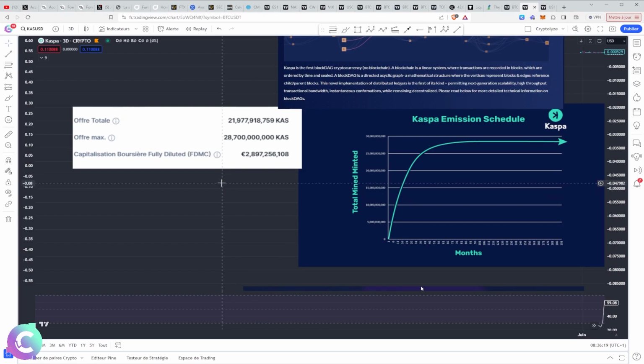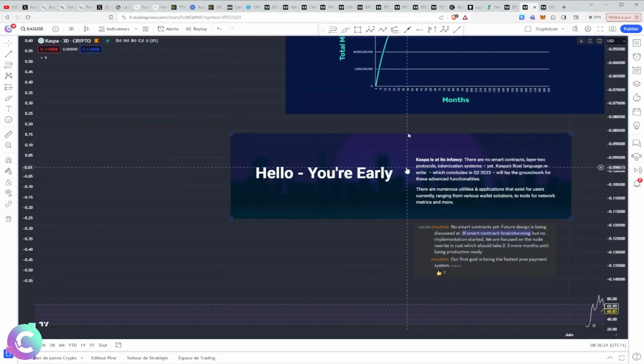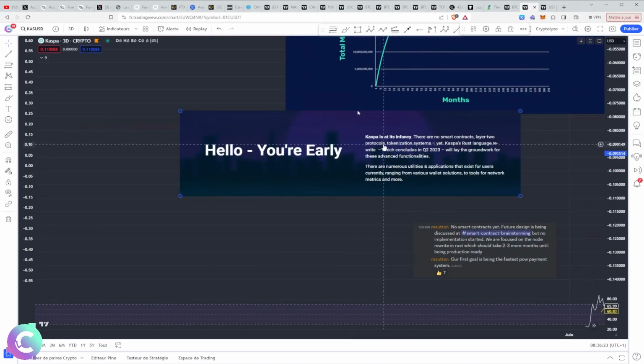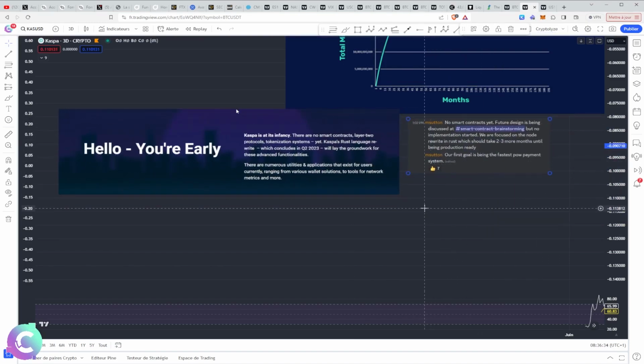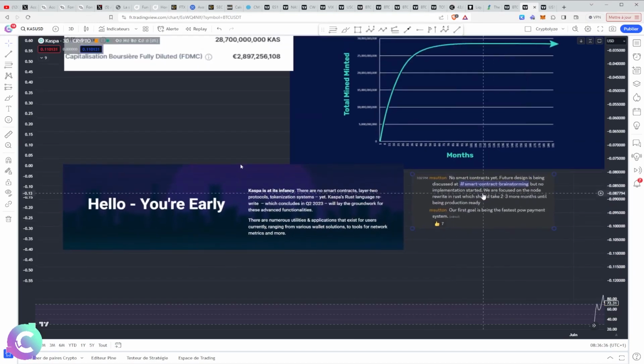It's logical, it's obvious, and it's normal, and it's something that has been more or less ruled. It was said here that there is no tokenization object, there is no smart contract, there is no layer 2, but yet, okay? For now. And in fact, we can clearly see that the reflection which is currently taking place, particularly on Discord, is that there is brainstorming at the level of smart contracts. They asked questions around smart contracts.